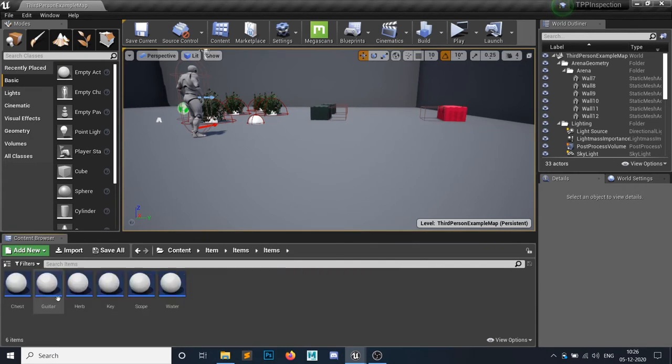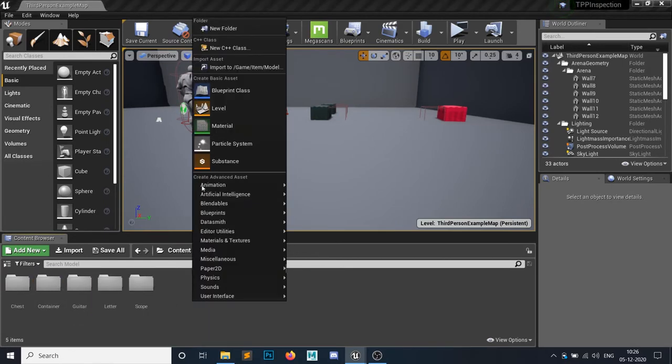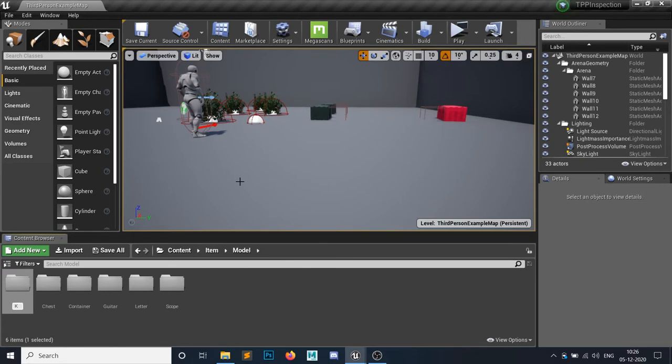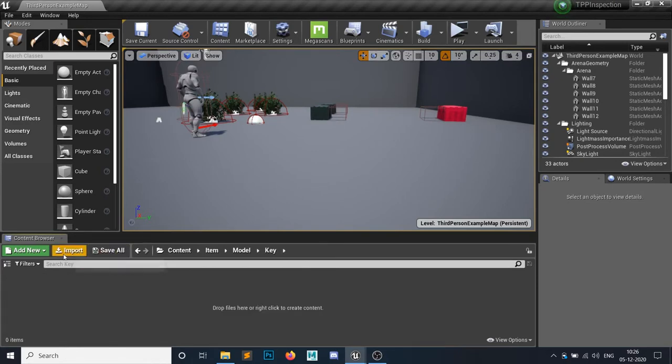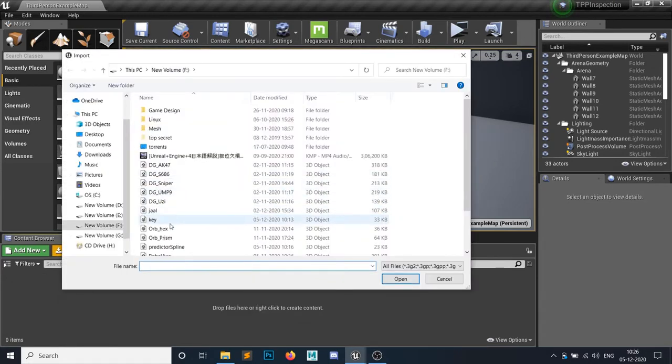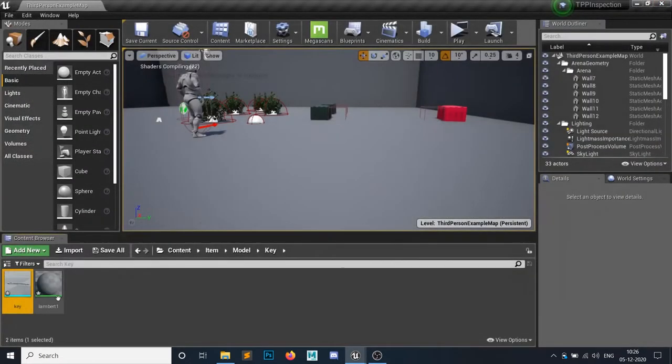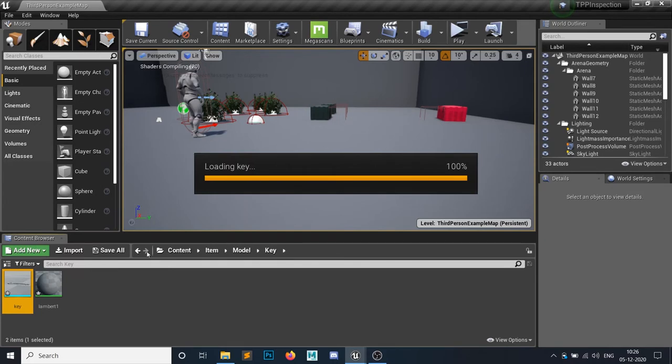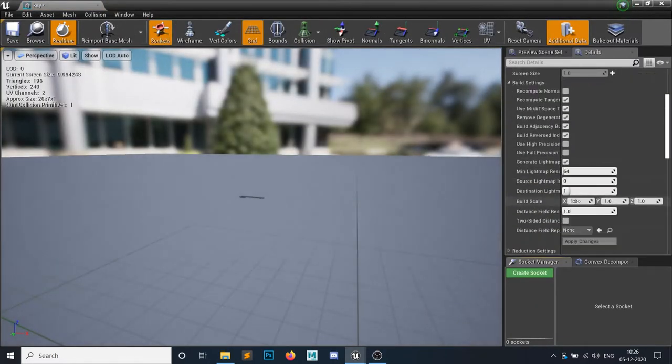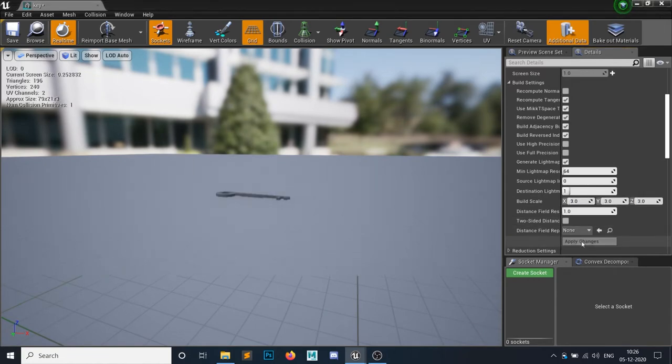For the key, obviously we need a 3D model, so I will right click, create a new folder called key, and let me import one key model. So yes, this one. I will simply import all, close, and let's make it big enough. So 333.